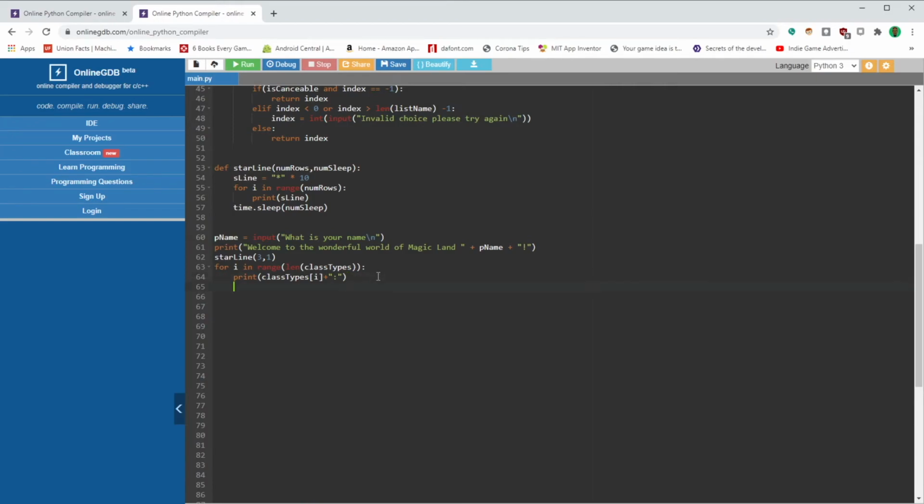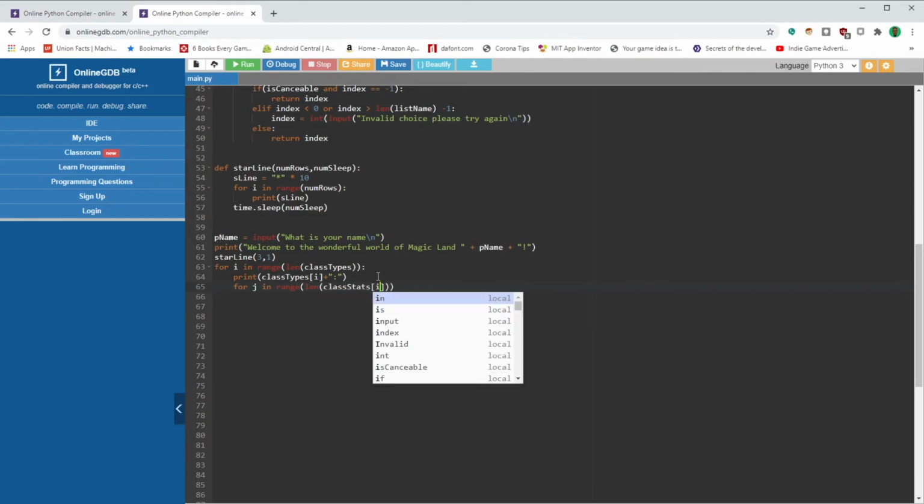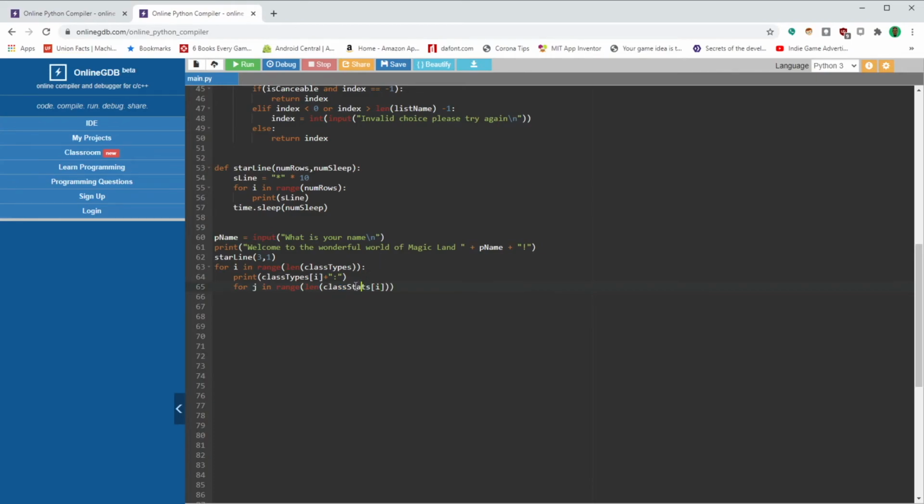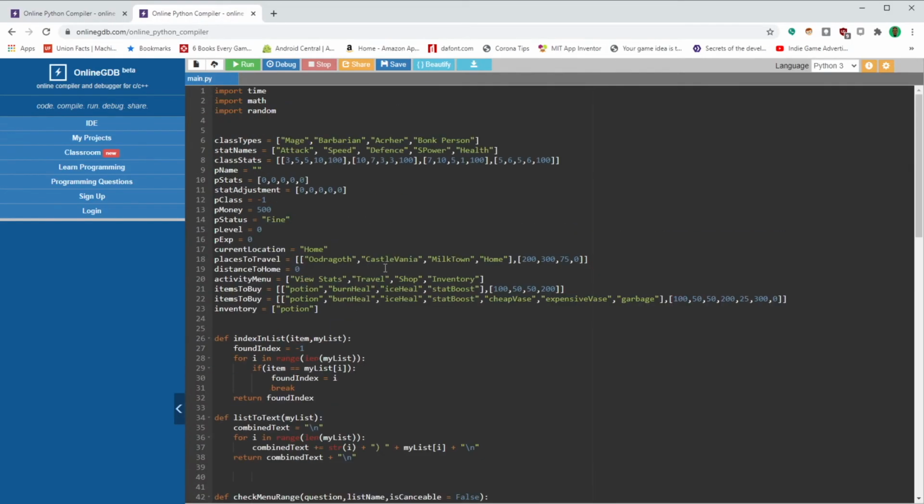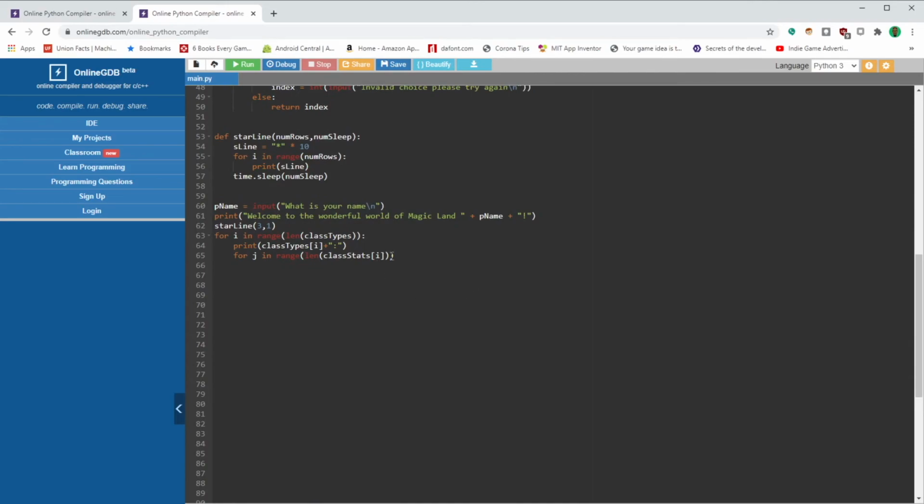So the next line after this is going to be for J in range of the length of class stats I. So class stats I, so if we go up here, that means for each of these individual boxes, class stats I, colon,